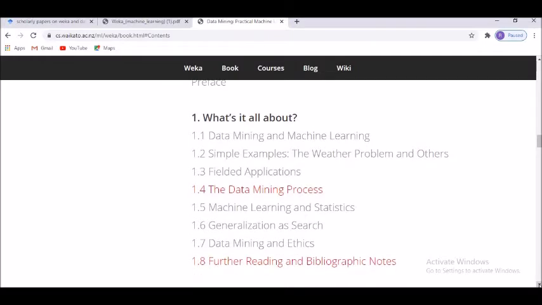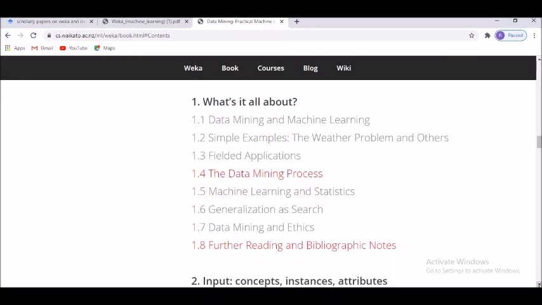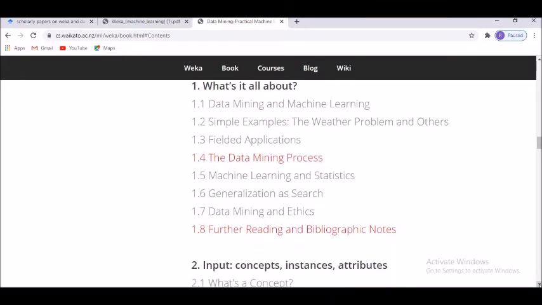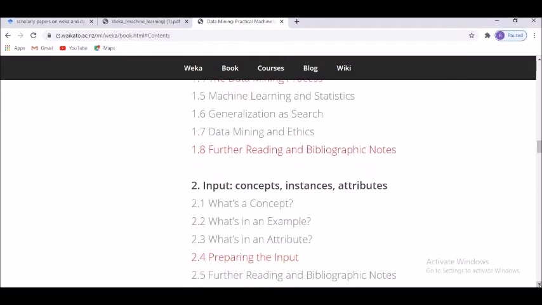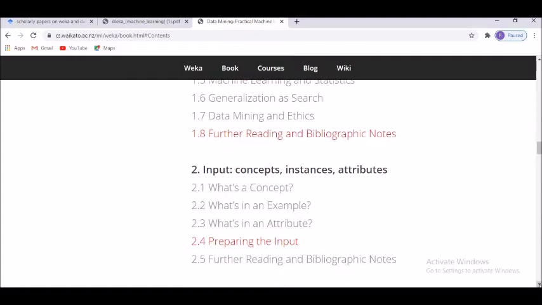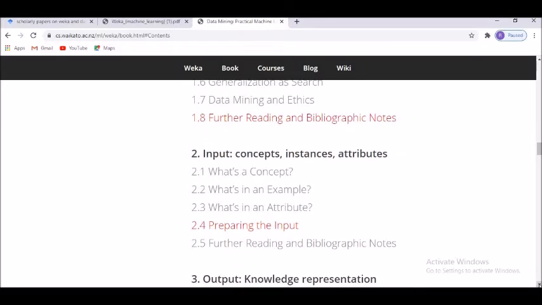Now, the moment I clicked on the table of contents, you can see what it's all about: data mining, machine learning, simple examples, the weather problem, and others, fielded applications, the data mining process, machine learning and statistics, generalization as such, data mining ethics, further reading, then input, concepts, instances, attributes.